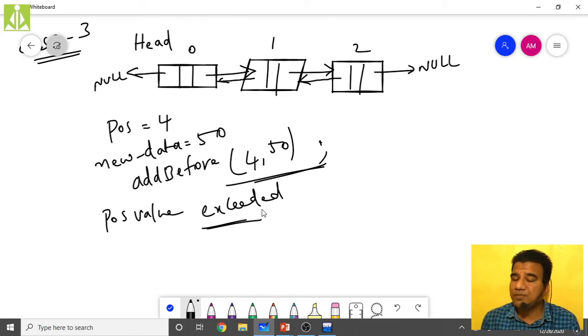So quickly I will write both the functions, that is, adding the newly created node at the front of the doubly linked list, adding the newly created node before the position value, and adding the newly created node after the position value. So what we are expecting over here is not only the new data item but also the position value. So quickly we'll see the algorithm and we'll write the code parallelly.